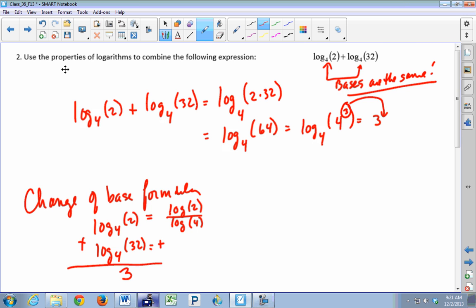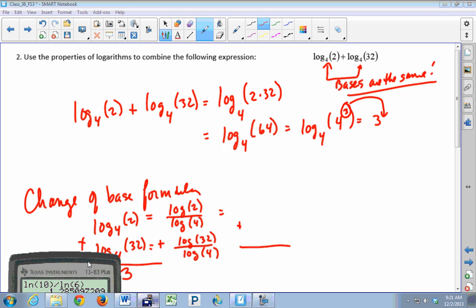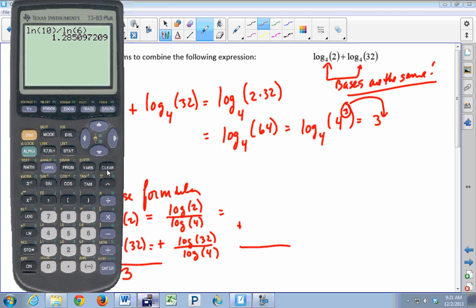So now let's use the change of base here. Log base 10 of 32 divided by log base 10 of 4. So I'm changing the base of both of them, and let's see what each of these numbers are. You can see that it's much easier to use your properties than to go through all this. But let's use the properties. Log of 2 divided by log of 4